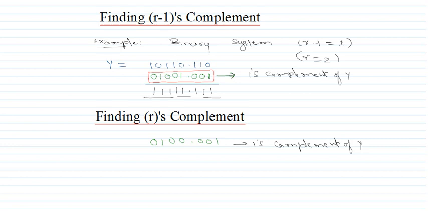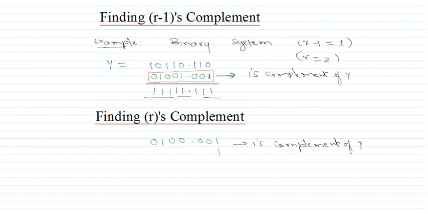So the number which I am filling here will act as the 1's complement of the given number. If I add that number with the actual number, the result will be 1 in all the positions. Now how to find out the 2's complement here, which is the r's complement in the binary system? In order to find the 2's complement, we have to take the 1's complement and then add 1 to the least significant bit.